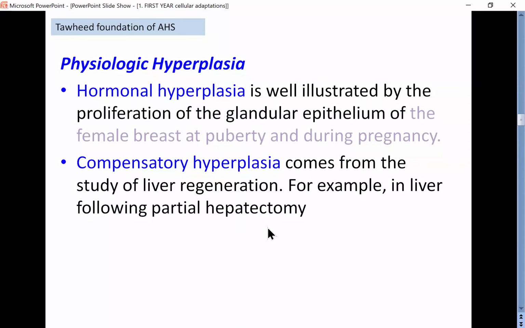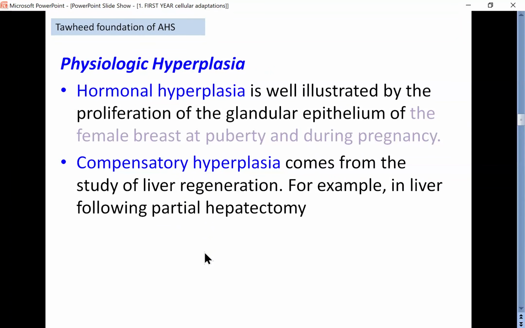So what happens to that healthy donor after partial hepatectomy? What is partial hepatectomy? The donor is giving a part of his healthy liver to the recipient, who is the patient. That terminology is called partial hepatectomy. Partial means a portion, hepa means liver, and anything ending with ectomy means removal. So it is removal of liver tissue, not completely, only partially.